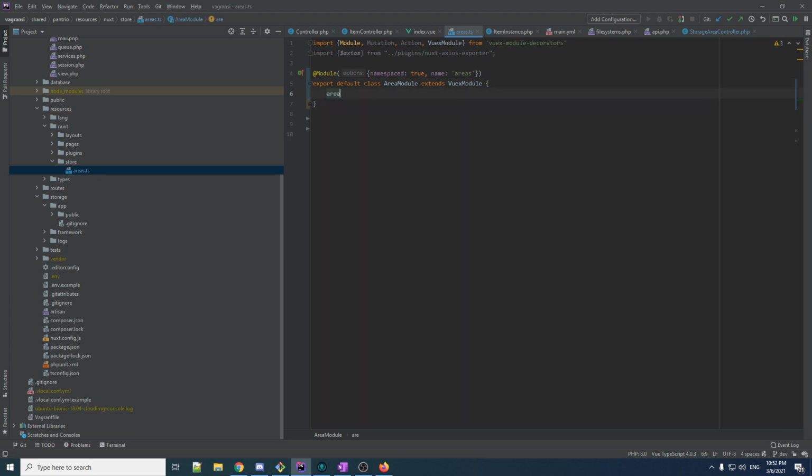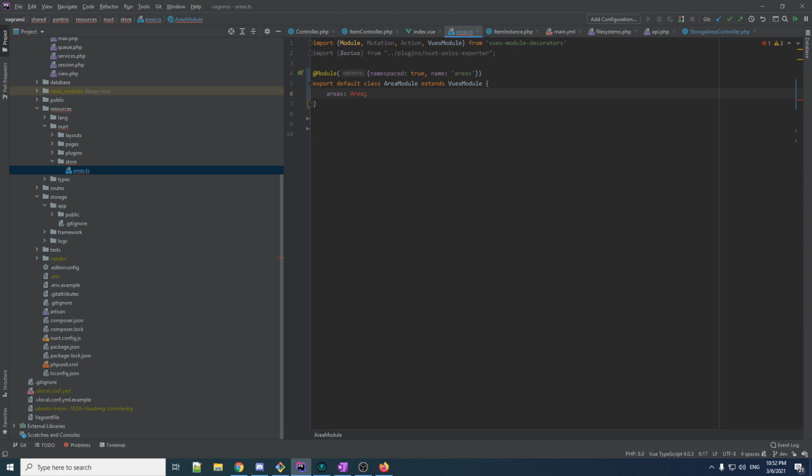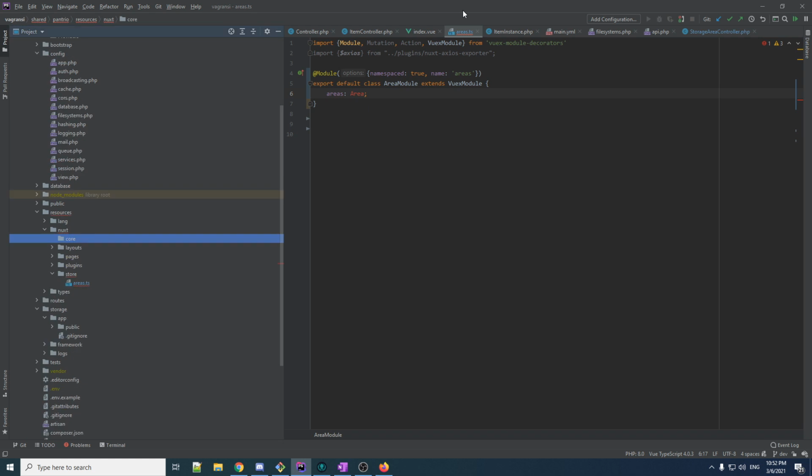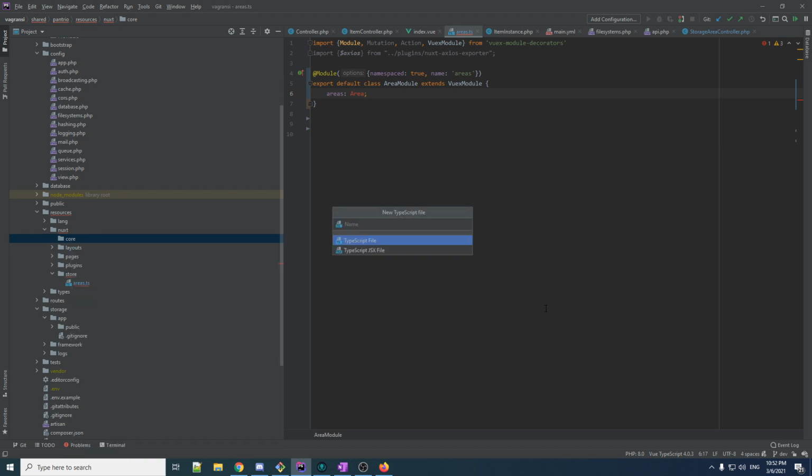Now here's the thing. What kind of state are we going to store in this bad boy? Well, we're going to store areas, and it is going to be of type area. Now we don't actually have area. So what should we do about this? Well, in Nuxt, I'm going to create a new directory, and I'm going to call it core. Here's where I'm going to store my data logic, sort of like the models, but also other things like just classes and TypeScript that I write that don't really have anything to do with a specific aspect of Nuxt. So in here, let's create a new TypeScript file, and we're gonna call it